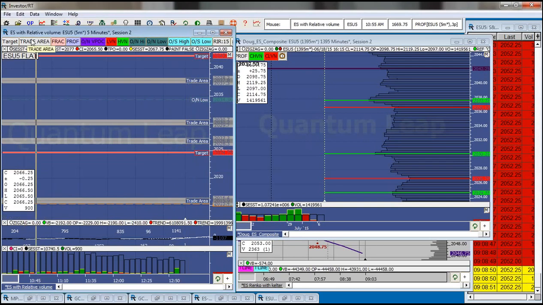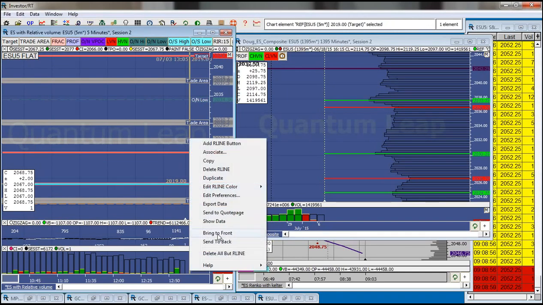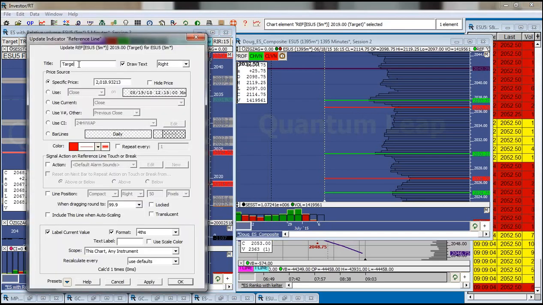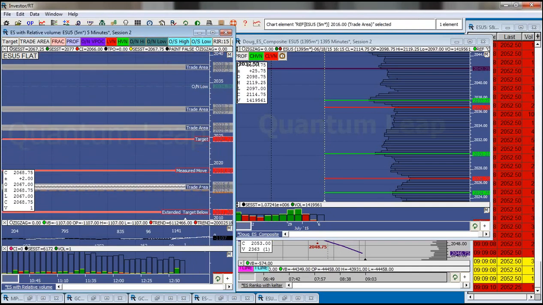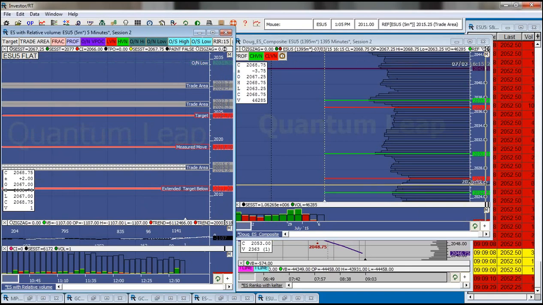And then the big magnet measured move down here at 19. And then below that, you've got a naked close at 15.25, and the big one below us, which is,